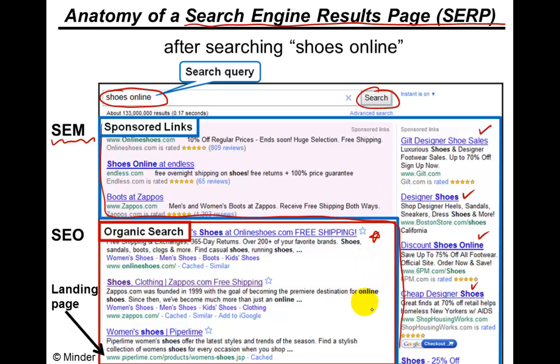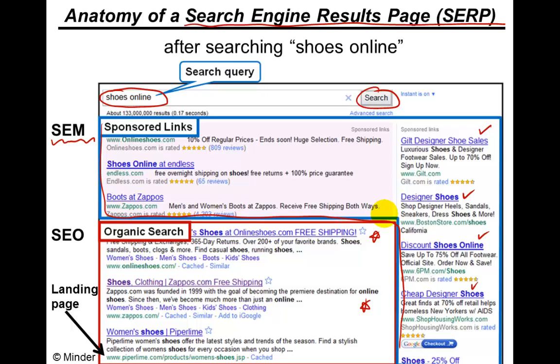Another area is called search engine optimization, sometimes called organic search and search result. Your website may show up here. You don't have to pay for it. This is free, but you need to optimize your website for search engines. I guess that's where the name SEO came from. Search engine optimization, once again, means optimizing your website for search engines to bring your ranking higher.